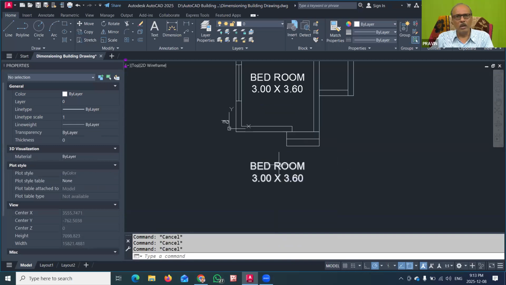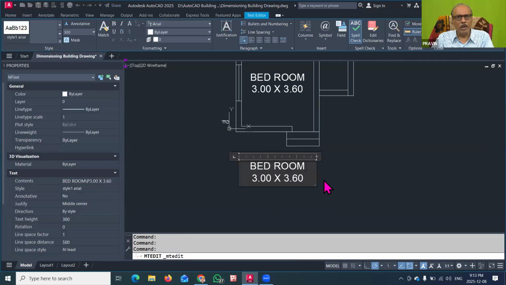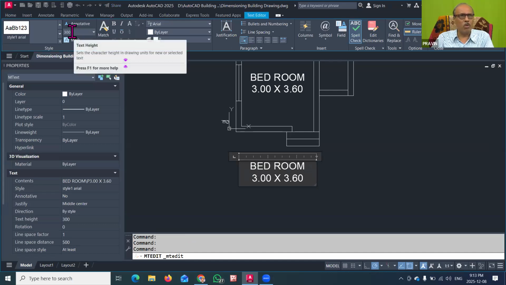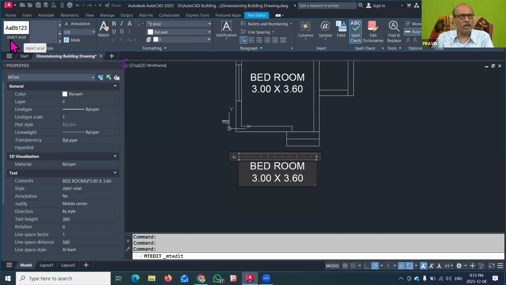Now you can double click on this so that the height will remain automatically 300. You can note that the height is now 300 mm here in this text box. The text height is showing 300 and the font is automatically Style 1 Arial. Because I have not drawn a new text box, I am just using the one text I already wrote in the drawing, adjusted its height and font, and then I am copy-pasting it at various places and editing it.